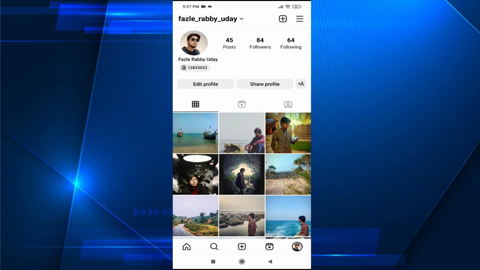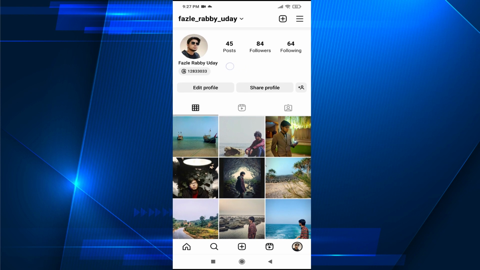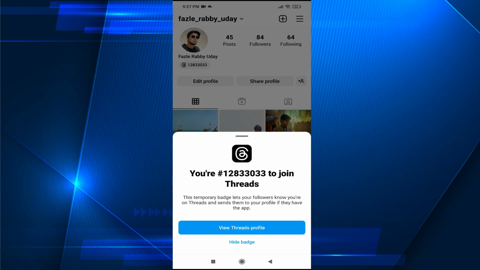So if you want to remove or hide this Threads badge, you just need to tap on it, and here you can find the hide badge option. So this is only temporary. This temporary badge lets your followers know you're on Threads. So this will also be removed from this, but if you really want to hide this badge, just tap on